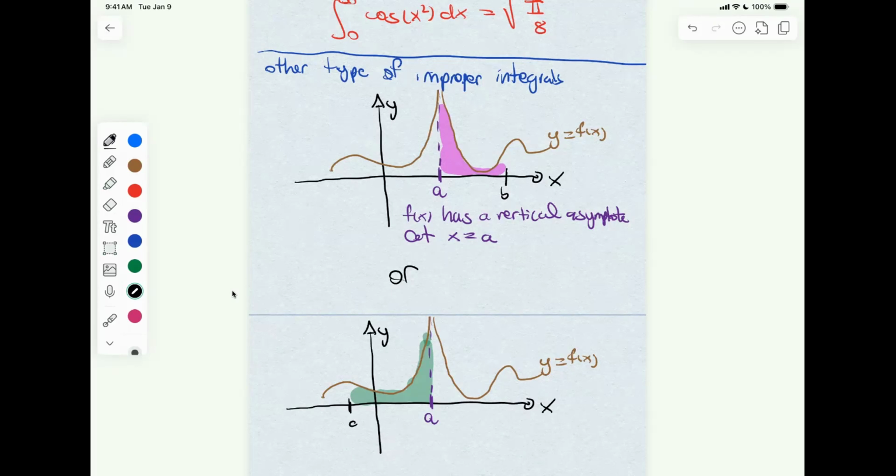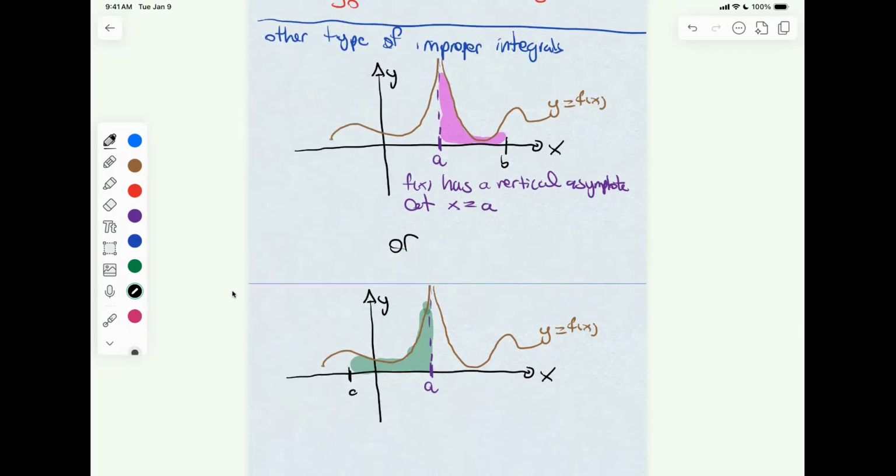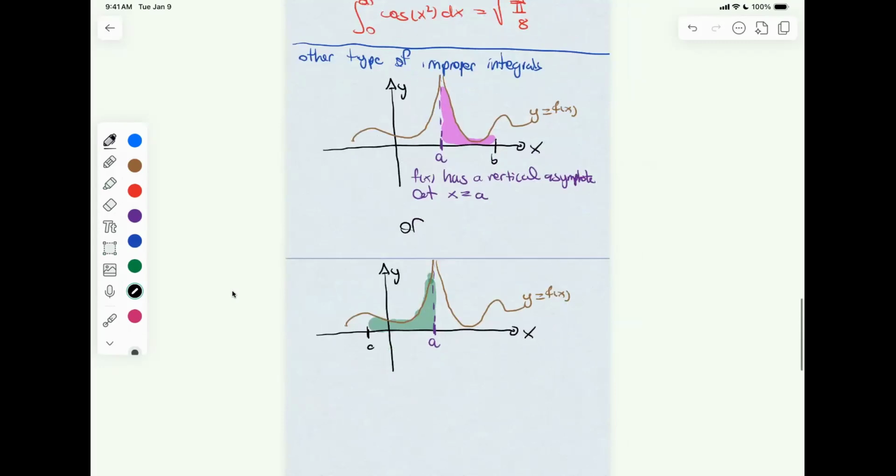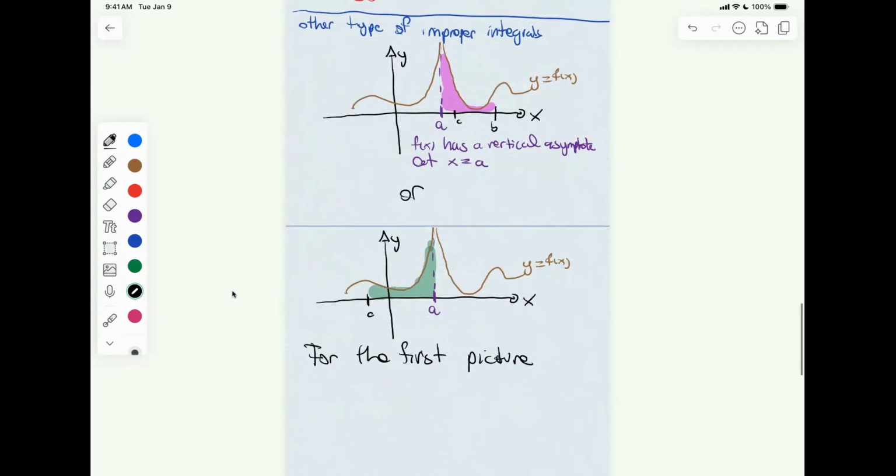So, for example, these integrals, I mean, both are treated the same way. But for the first picture, if you wanted to integrate that, you do something similar, a kind of limit procedure. I'm running out of letters here, so let's just call this C. You would do